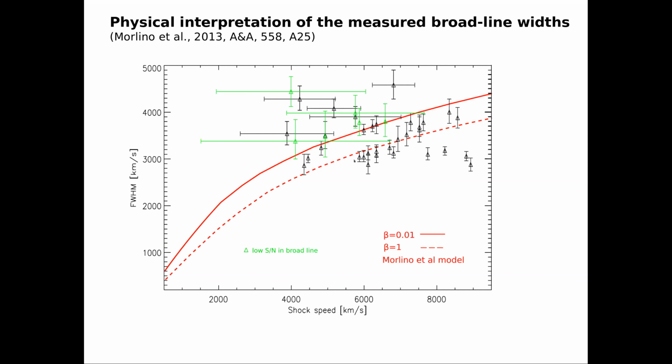The solid line is where we have poor equilibration between electrons and protons, and the dashed line is with full equilibration. This is from the Molino et al. shock model. These lines are also without cosmic rays included, so basically everything below this dashed line would need some cosmic rays to be explained. But as I said, first geometry, then physics. So this work is still in progress.